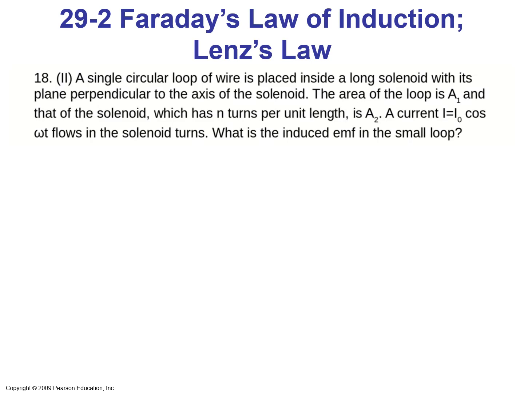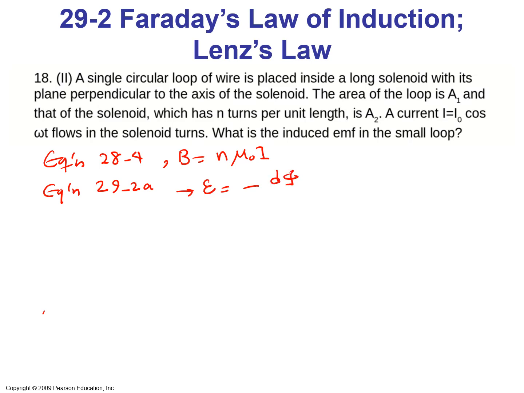The magnetic field inside the solenoid is given by equation 28-4, and it's given by B is equal to N mu naught I. Also, we use equation 29-2A to calculate the induced EMF. That is minus d phi over dt, and the flux which is causing the EMF is the flux through the small loop, and it's equal to minus